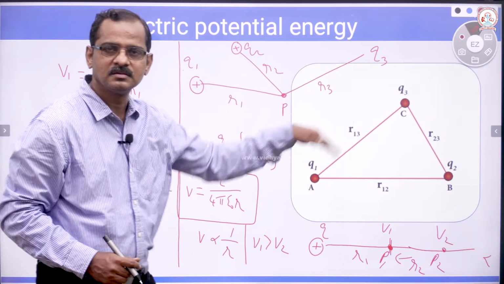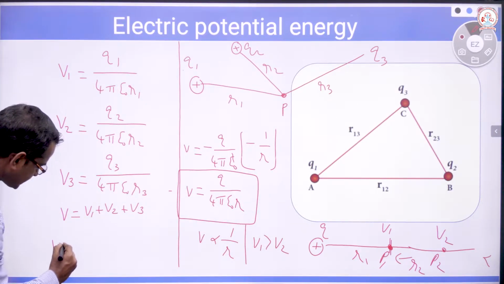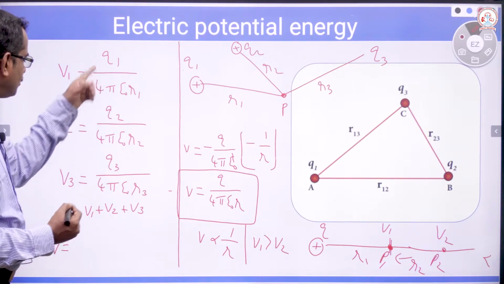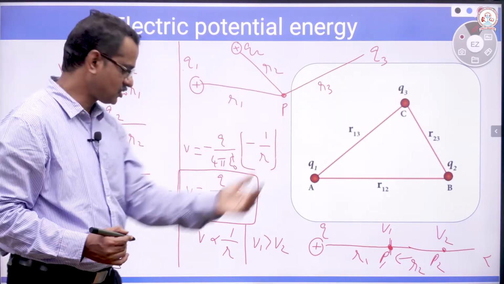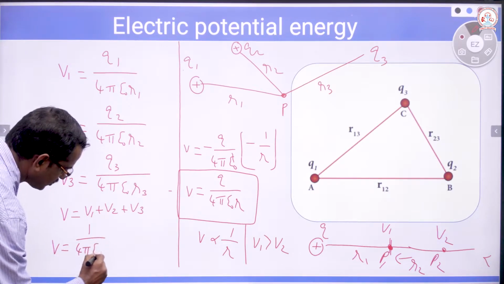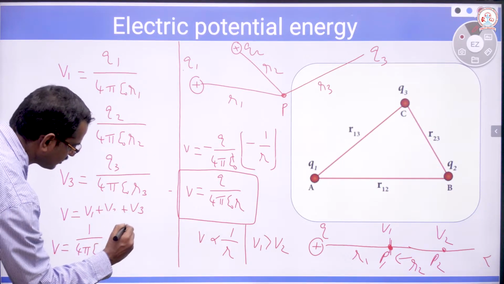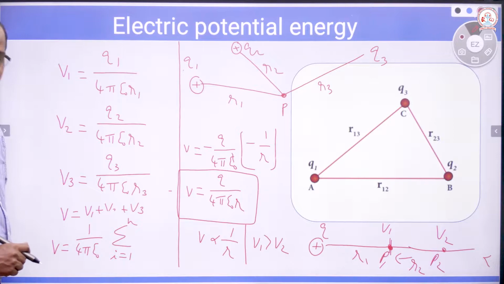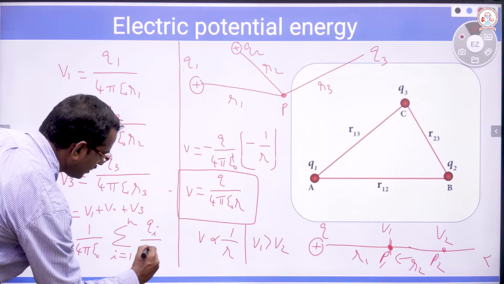In case there are many charges, n number of charges, in common we can write that electric potential V is equal to, let us take the common factor, 4 pi epsilon naught only is common. Charge Q1, Q2, Q3, the quantity of charge may differ and distance also differs. So you can take 1 by 4 pi epsilon naught out, then it can be written as 1 by 4 pi epsilon naught sigma i is equal to 1 to n, Q suffix i divided by R suffix i.